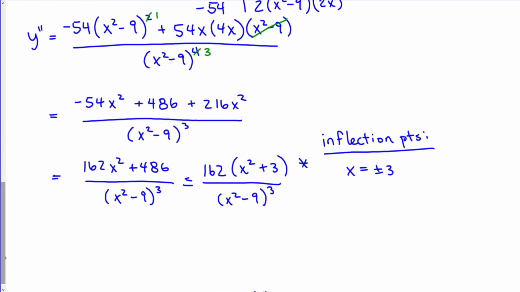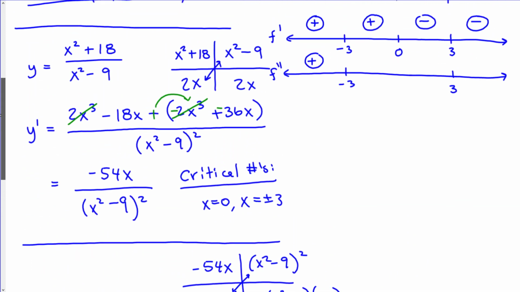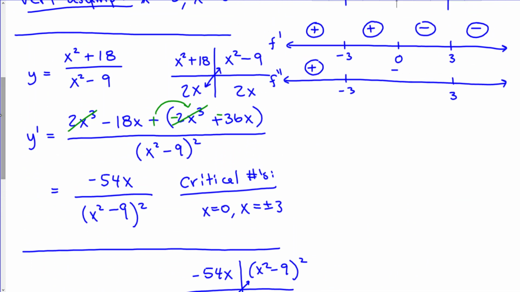between negative 3 and positive 3, I could use 0. So if I put in 0, 0 squared minus 9 would be negative 9. When I cube negative 9, I get a negative number. And then if I do positive 4, it would be 4 squared minus 9, which is 16 minus 9, which is positive. When I cube that, it's positive. So